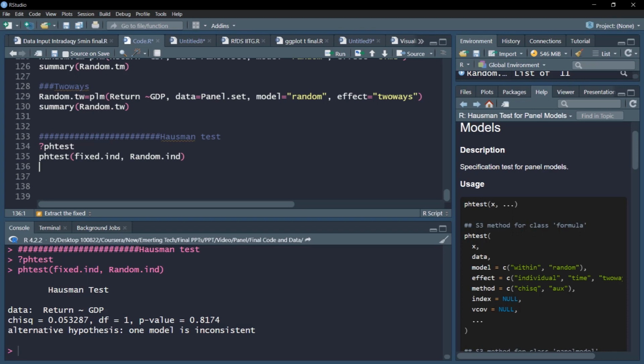When both the models are consistent, you go ahead with the random model, and in this case it seems random with individual effects is a good model, so we go ahead with the random model. But if you recall, the random model had a parameter of theta equal to 0.76, which was indeed very close to fixed effect. So whether we are using random individual or fixed individual, we are getting similar results, which is good for our experiment. In research we use something called the weight of evidence approach. So we try different models, and wherever the evidence is pointing more, we tend to choose that.